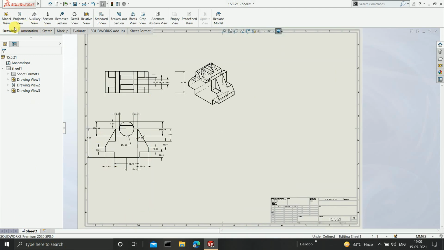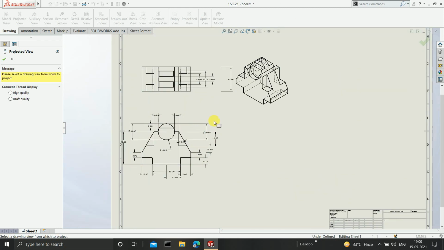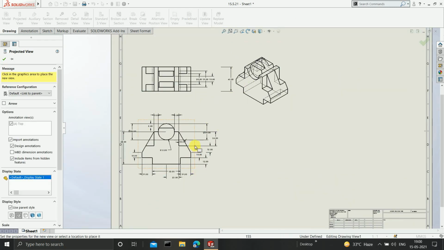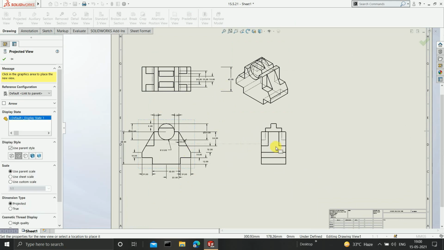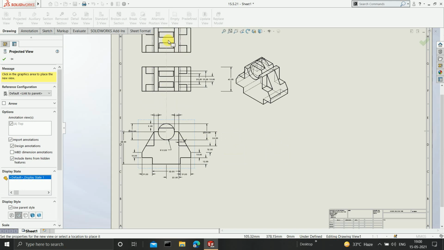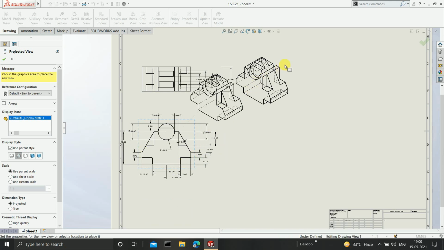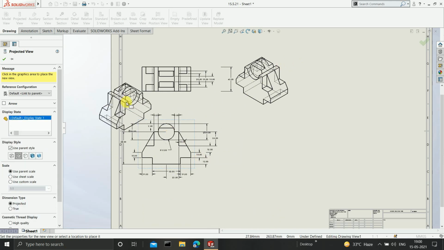Okay, now let's move on to the projected view. Now in the projected view it is very simple again. I just have to select any one drawing. For example, if I select this, then you can observe that if I go to the right, I will get the right hand side view of it. If I go to the top, I'll get the top view of it, which we already have, and it is very much similar to it. And if you go to the bottom, then you will get the bottom view. Similarly, if you go to the left, you will get the left view. If you go in this particular direction, you will get the isometric view. So this is how you can get the view by just simply projecting it. Okay, it depends upon you.